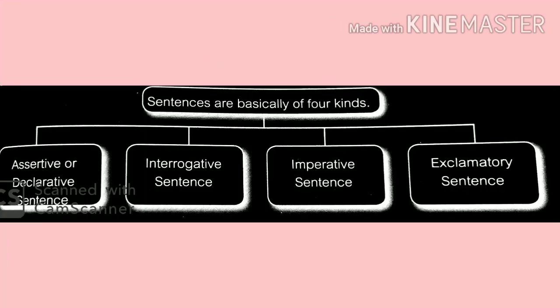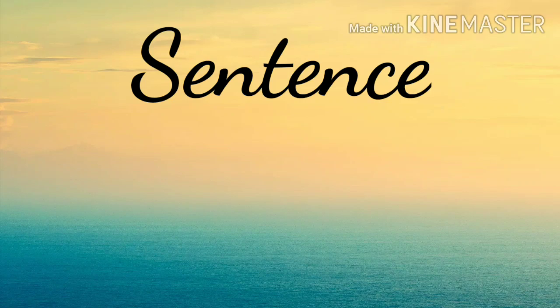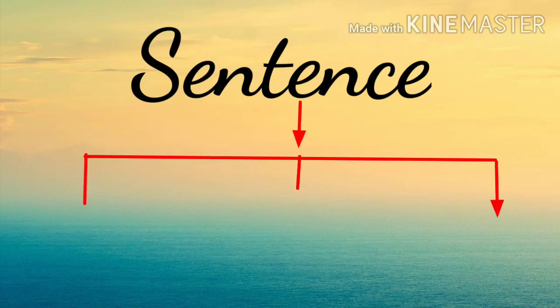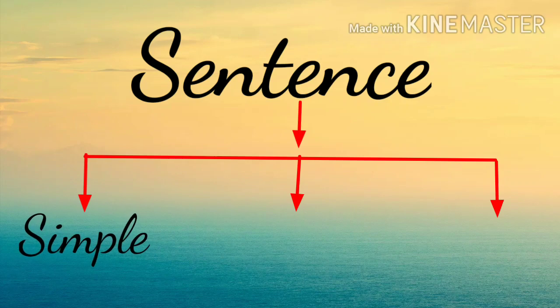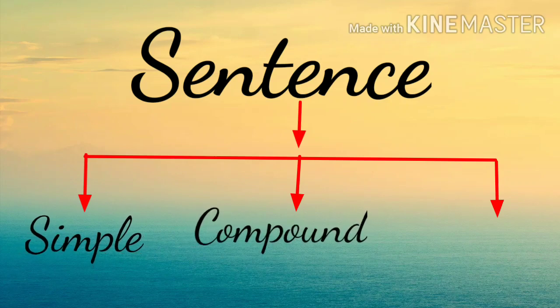In the first series, we learned that functionally there are 4 kinds of sentences. They are assertive or declarative sentence, interrogative sentence, imperative sentence, and exclamatory sentence. If you look at the structural aspect of a sentence, sentences are of 3 kinds: simple sentence, compound sentence, and